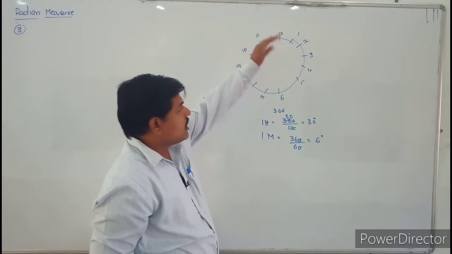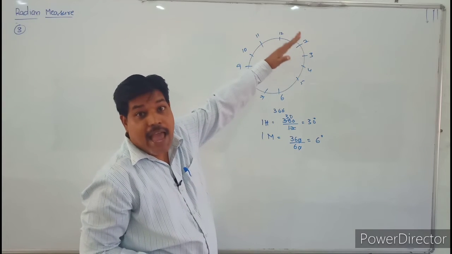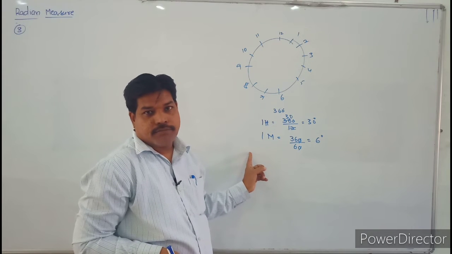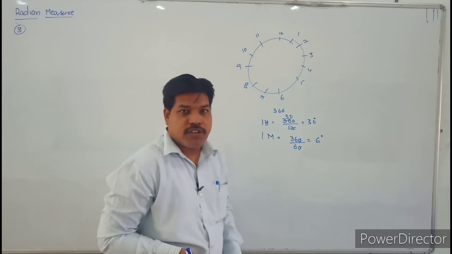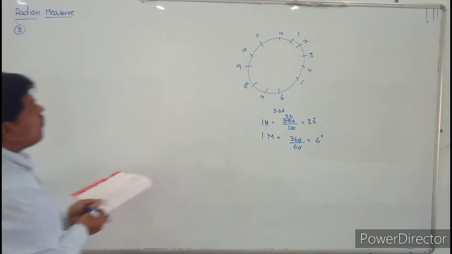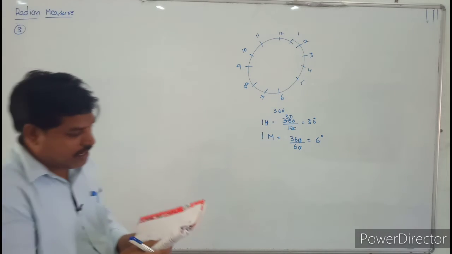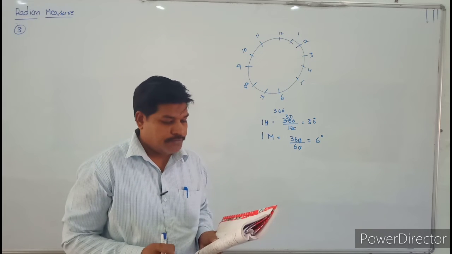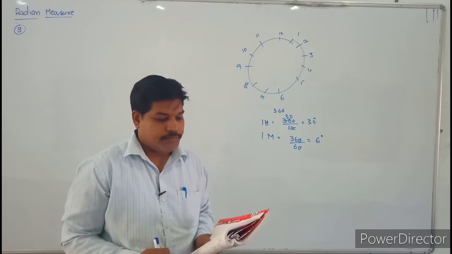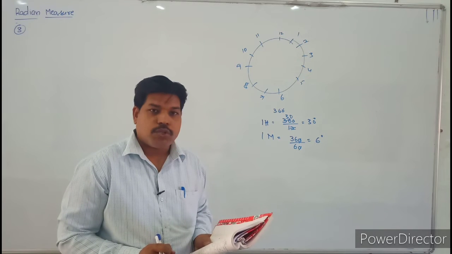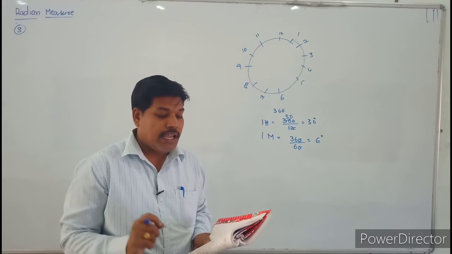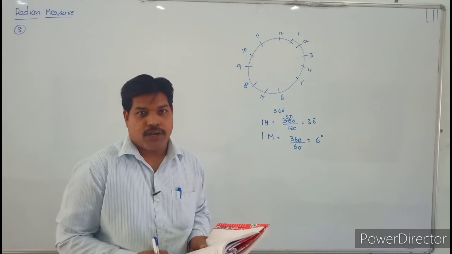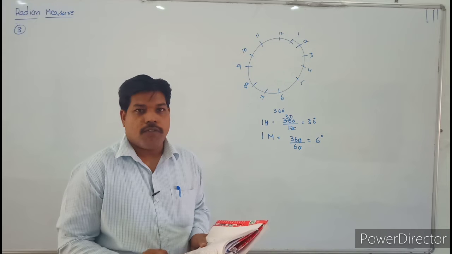So here, in the clock, what is the angle made by the hour hand and the minute hand? Observe that in the clock. Read the question, students. What they have given is the angle between the minute hand and hour hand when the clock shows 4:20. 4:20 is nothing but 4 hours 20 minutes.